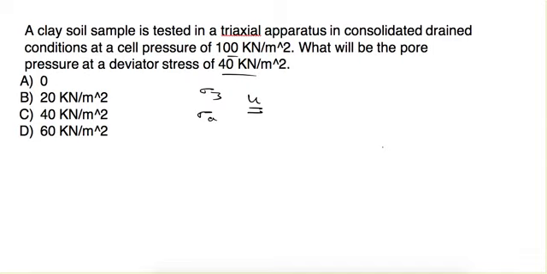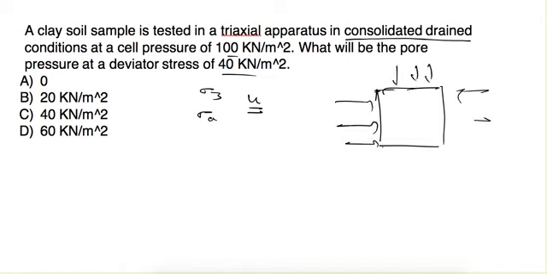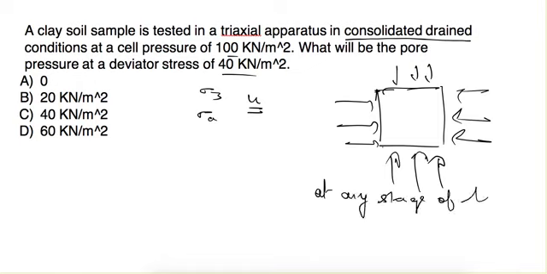In this question it is written that it is a consolidated drained test. So when we studied this test, it has a condition that at any stage of the test we apply the stresses in such a way that pore water pressure is equal to 0. This is the basic condition. We do not allow the pore water pressure to develop. So many times you will be given this data that will not be required. So for that you need to be careful about the language of the question. So just simply 0 is the answer.